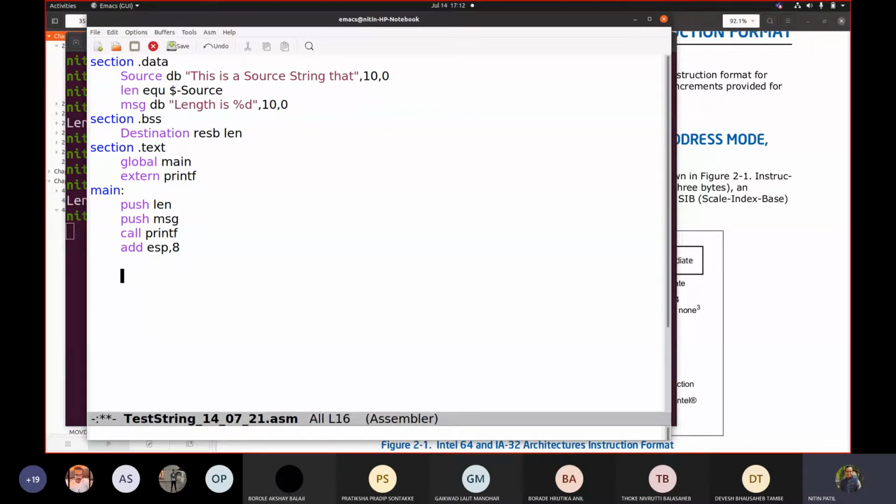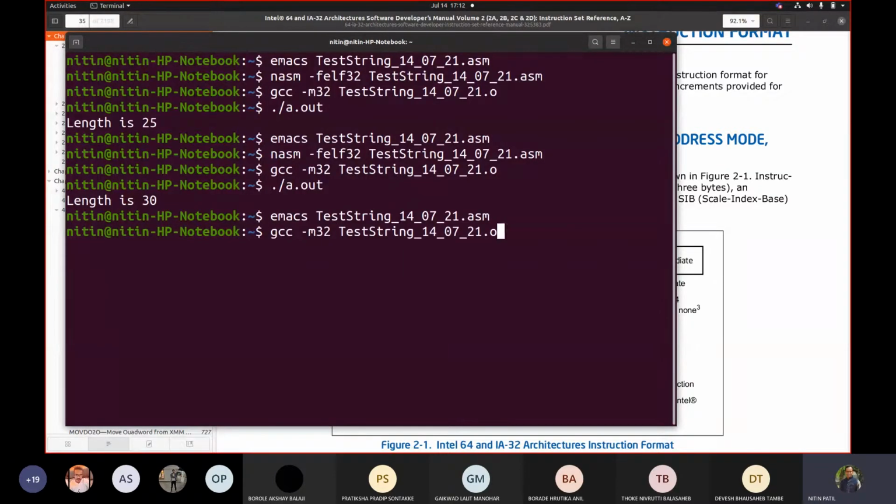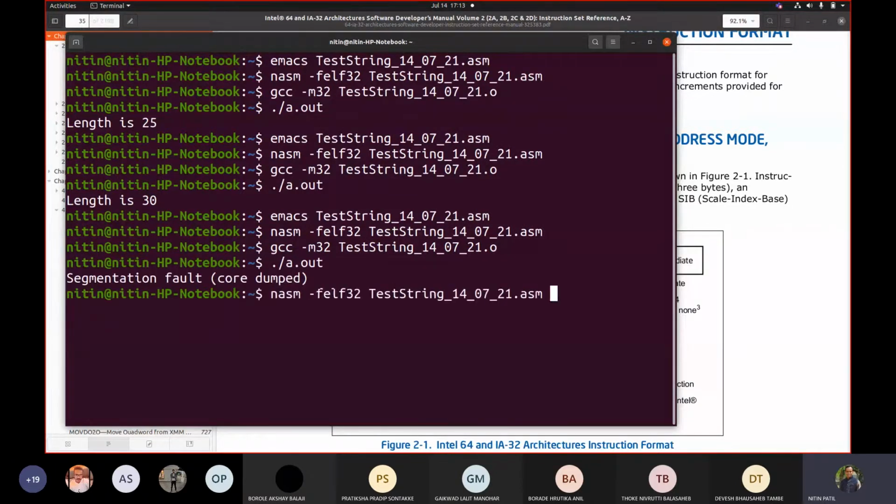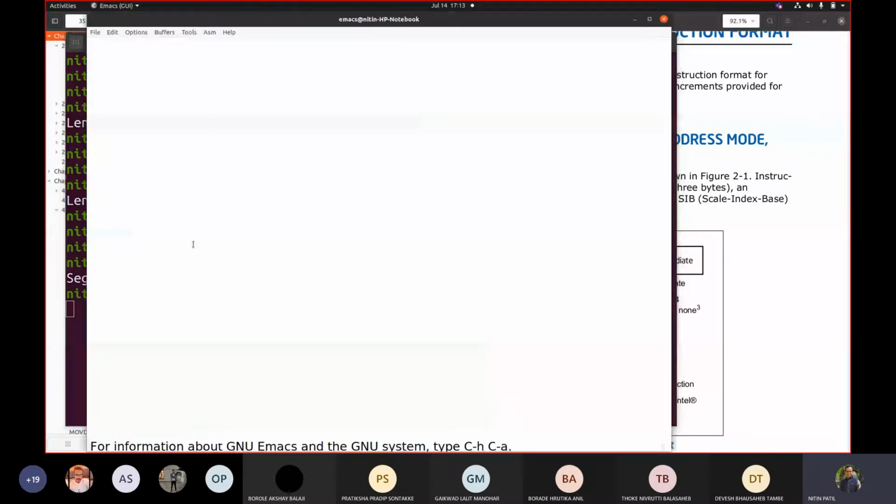So let us move to ECX the word of len. Let us try to do that from here. nasm, gcc. It is showing us an error. Let me make a small change again.